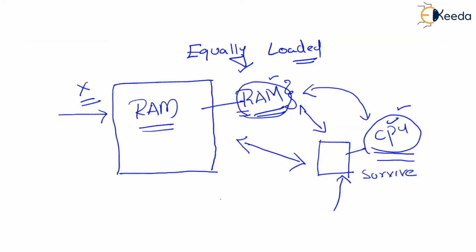So what we do, in order to reduce the load on a RAM chip, rather than using a single RAM chip, is use multiple RAM chips. That means there is a CPU and there is a RAM. Let us say my RAM is equal to 8 GB. Now you know that both guys will work together. The CPU is stronger, not susceptible or vulnerable to external disturbances. It will not get damaged, but RAM definitely will be.